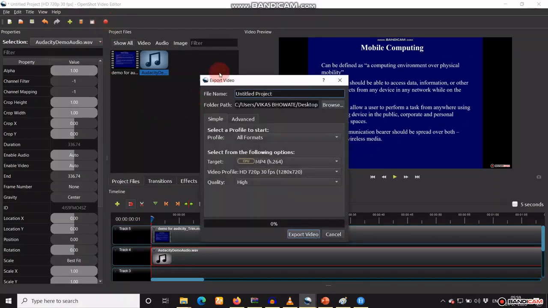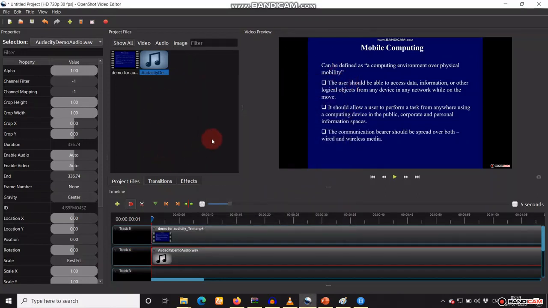After clicking it, this type of window will pop up. Then you need to give the file name and the particular folder path and then click on Export Video. It will start and it is going to store your file at the particular path. I have already done it, that's why I am not doing it again.